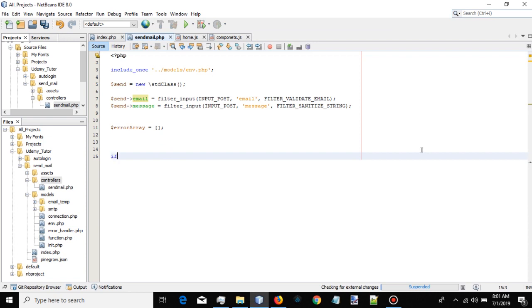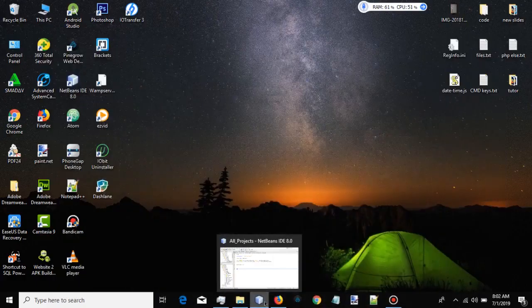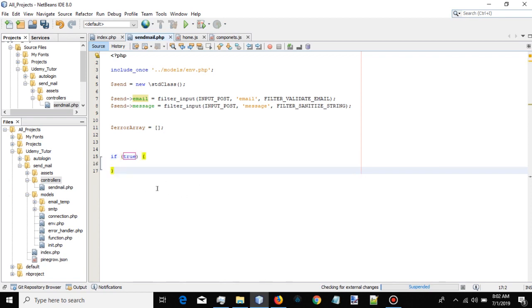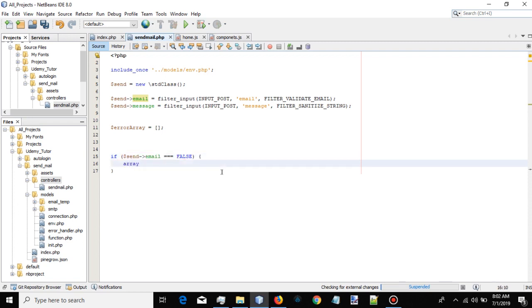So what I'm going to do now is, if send email is first, and then array push, then the array, which is error array, comma, and then whatever I want to say, please place a valid email address,